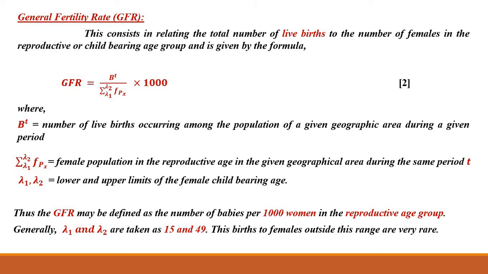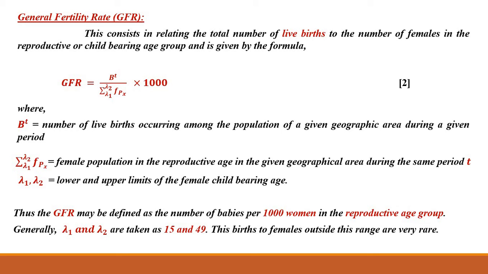Next, fertility rate is general fertility rate or GFR. This consists in relating the total number of live births to the number of females in the reproductive or childbearing age group. And this is given by the formula BT divided by summation over lambda 1 to lambda 2 FPX